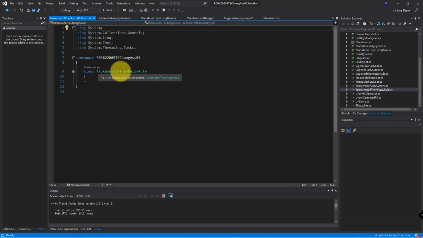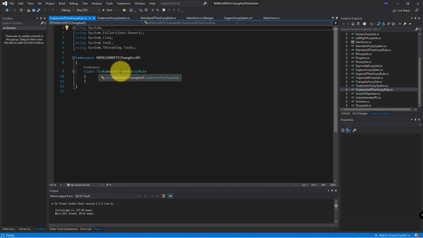So in that case, instead of a given universe value, you find the membership value. Actually, that should be a given membership degree, and you need to find the corresponding universe value, right? So it's kind of like the inverse function calculation